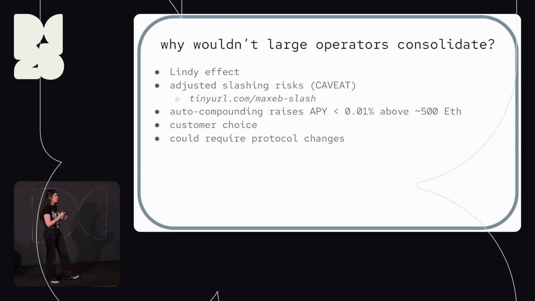So why wouldn't large operators consolidate? Essentially, the Lindy effect. They would want to wait until they know that it's safe, that others have done it, and that there are no issues. And they have adjusted slashing risks. I want to caveat that: it's not increased slashing risk, it's just different slashing risk. There's a good paper written on this at that URL. And basically,